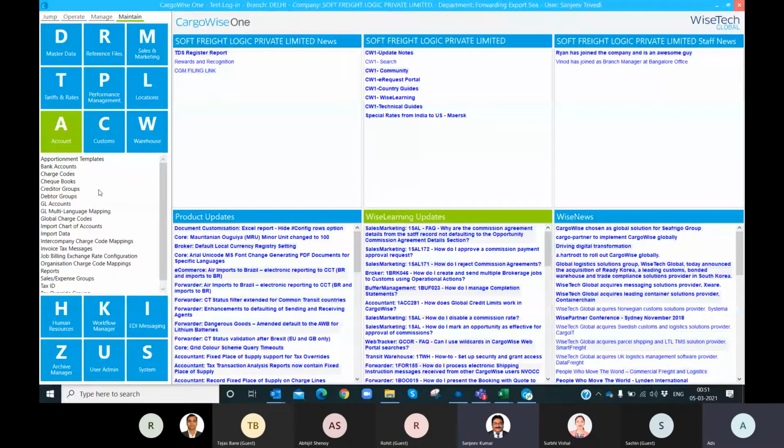Then intercompany charge code mapping or intercompany postings will also be there. Suppose in a group company, one company is based in the US, your RTW, and the other company is based in India.